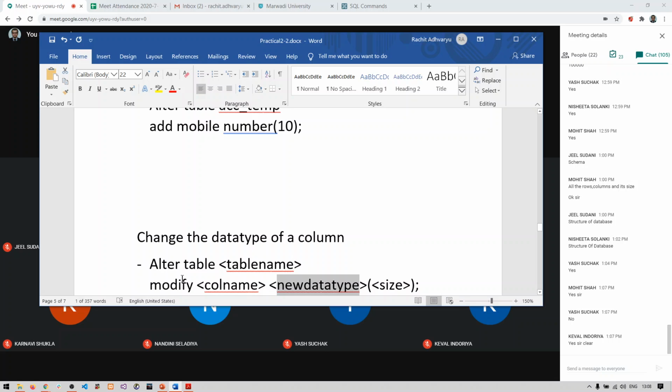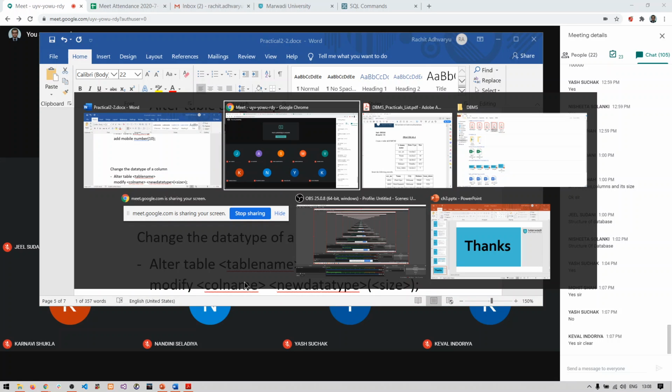So MODIFY means you are changing something. What are you changing? The data type of this particular column. Clear, everyone? This is the syntax. Let's see it in Oracle.